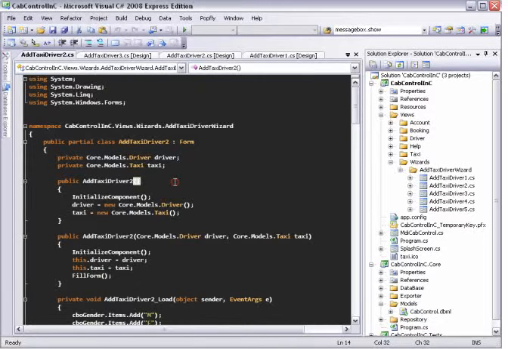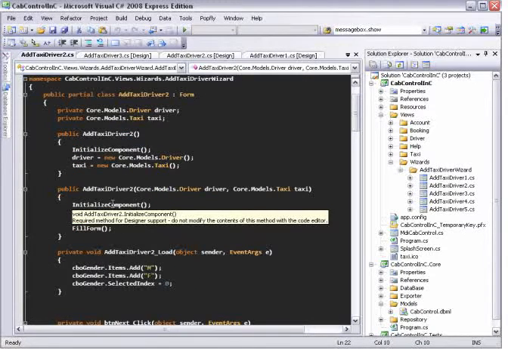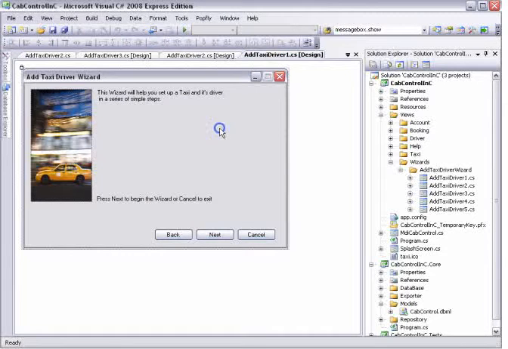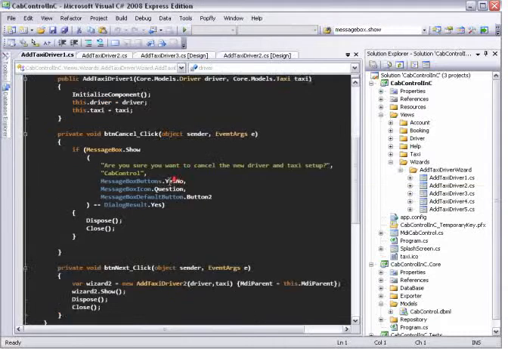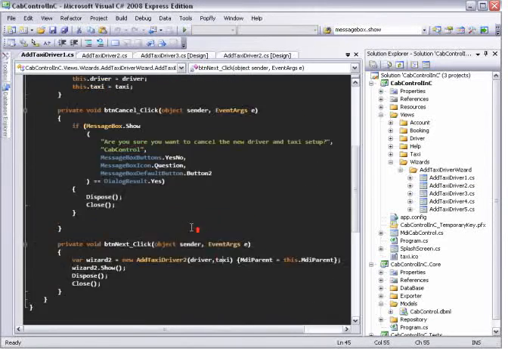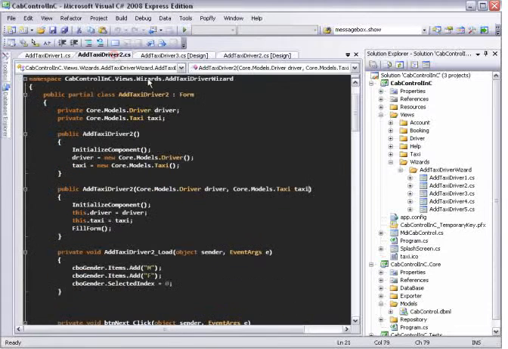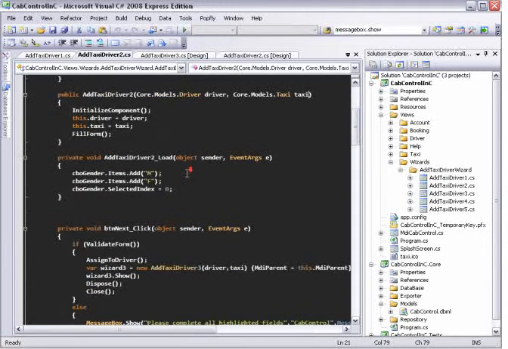it can be created on its own, but the overloaded instantiation method takes a driver and a taxi. If you look at the original form, it will pass it one. So in the next event, it creates one and passes in the driver and the taxi that it's created there, and so forth throughout each form. It does the same thing, and throughout each of the forms, data is added to those